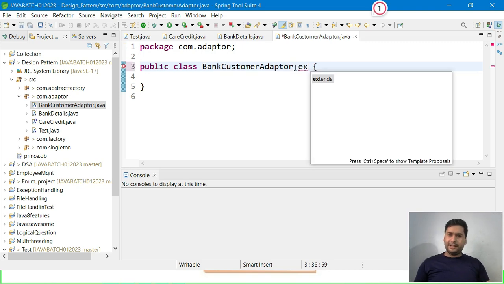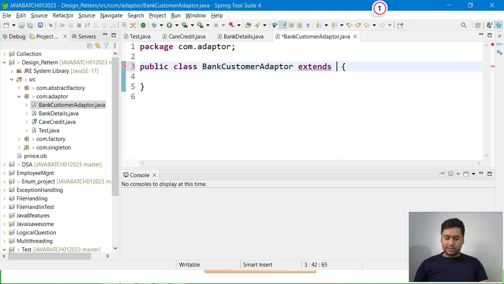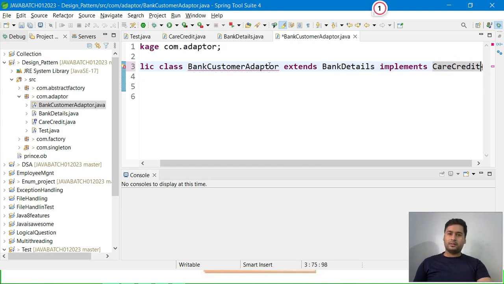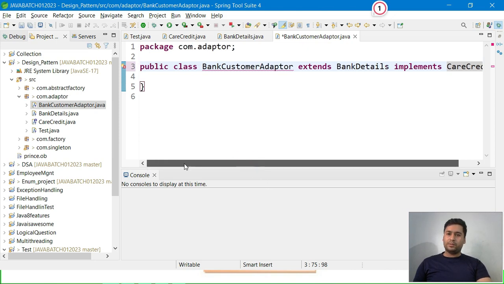Which one will it extend? Bank details, and it will implement which one? Let me give the comma here. It will implement CareCredit. Why is it not coming? CareCredit. Okay, and if you extend BankDetails and implement CareCredit, then whatever methods CareCredit has,